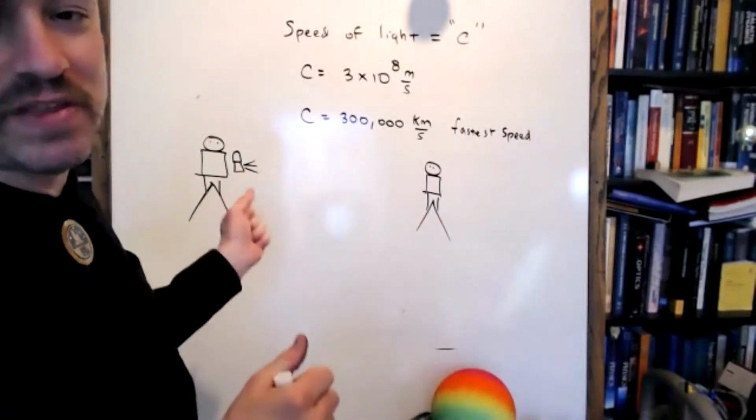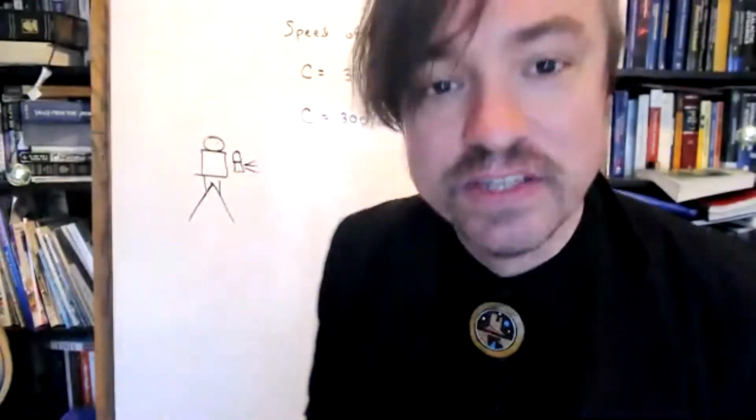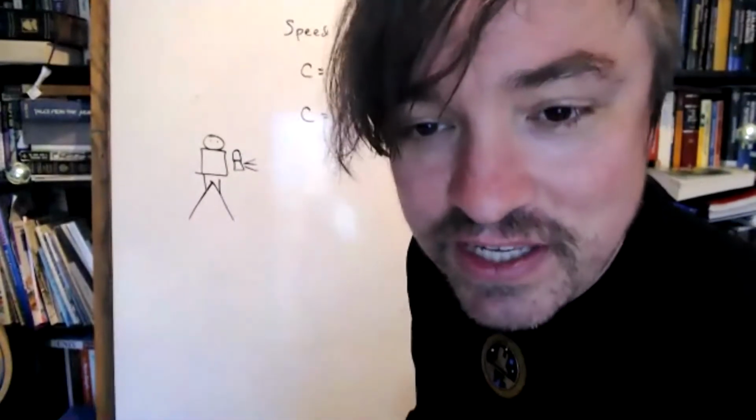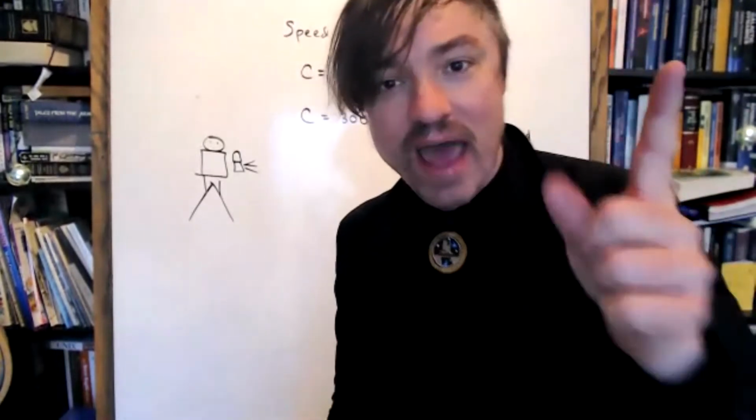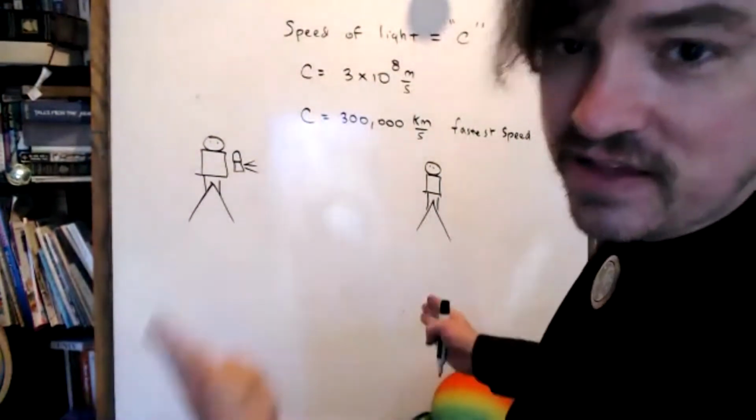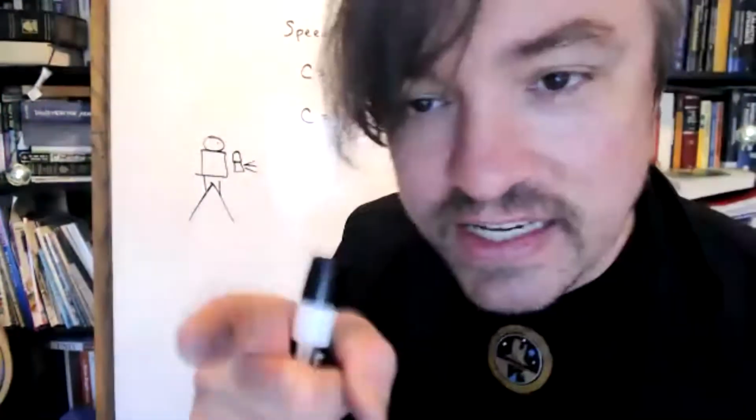So he goes up, he opens a lantern, and then he comes back down from the mountain, and he says to his buddy, what time did you see the flash? And he said, exactly midnight. So Galileo had a right to conclude observationally that the speed of light was infinite. But Galileo was smart and he had good intuition. So even though he had the right to claim that, he wrote in his journal that the speed of light is so exceedingly fast that this is still not a sufficient baseline to measure it. And he was right.